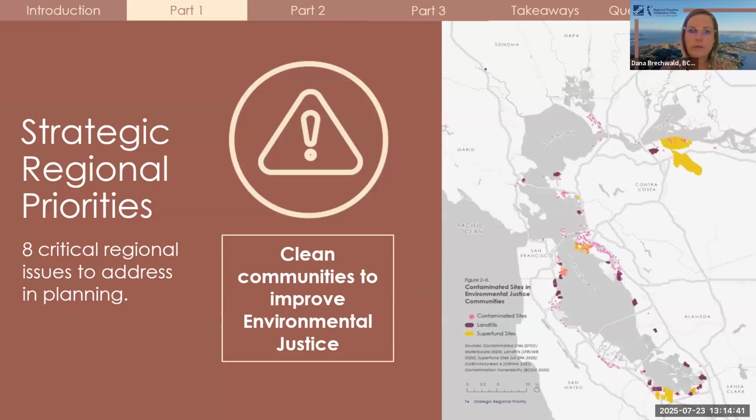So here's an example of one of the strategic regional priorities: clean communities to improve environmental justice. This priority focuses on reducing the risk of contamination in frontline communities, especially those with a history of environmental burdens. So if your shoreline contains a mapped contaminated site in an environmental justice community, your subregional plan must address it. This means clearly showing how the site's being considered and what steps you're taking to reduce the risks as part